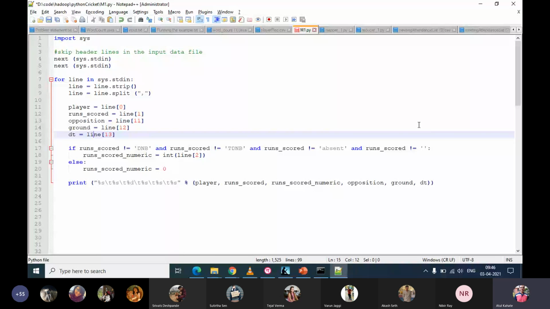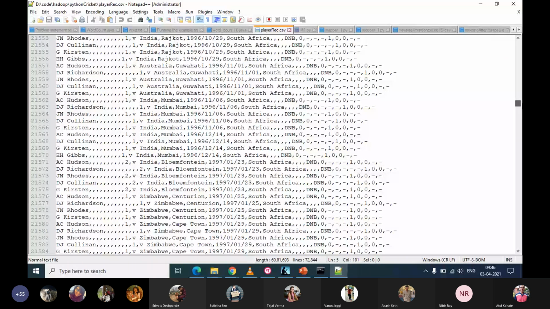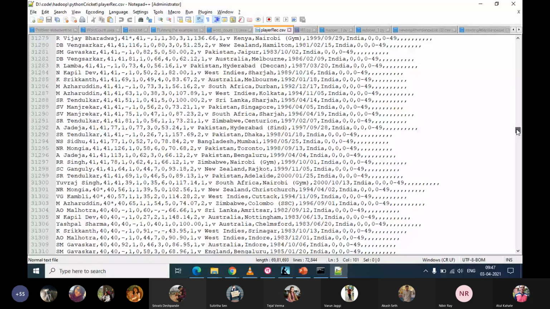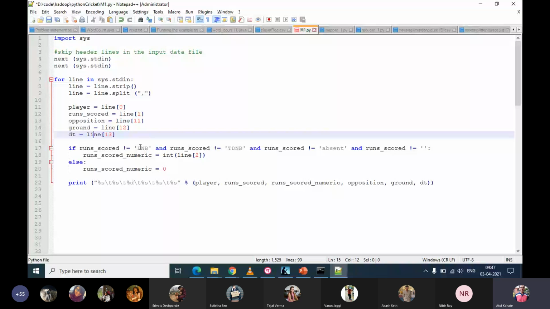When I went through it, I found that there are things such as "did not bat" that appear somewhere in the score. See here, for example, we have "did not bat", so it's not a number. All such possible conditions, you can check. That is the first approach.